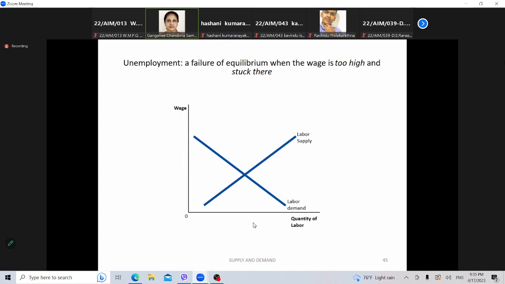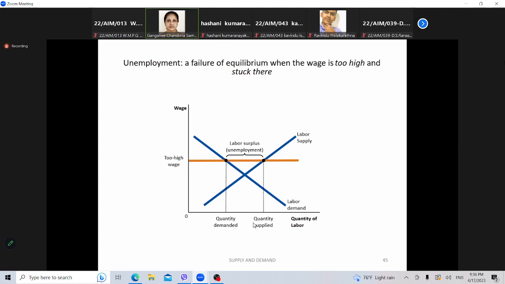So if we consider unemployment, this is also one example of failure of equilibrium. See here, too high wages. You can observe the labor supply, quantity demanded and quantity supplied. Labor surplus, that means unemployment occurs. Okay, too high wages, more and more laborers are attracted. Many will come. They will just leave their low-paying jobs and automatically move to the